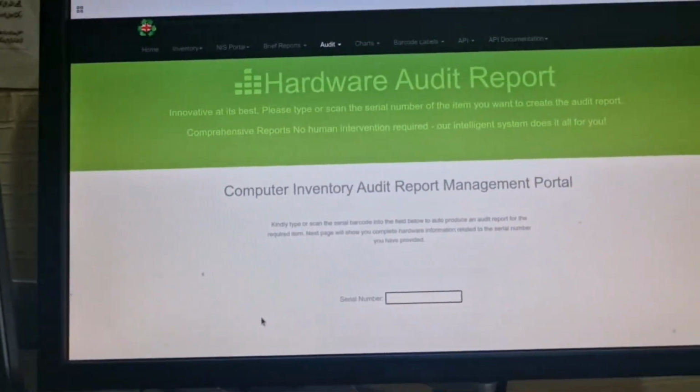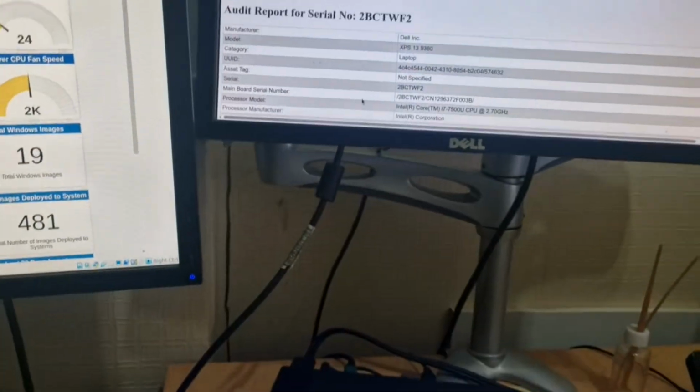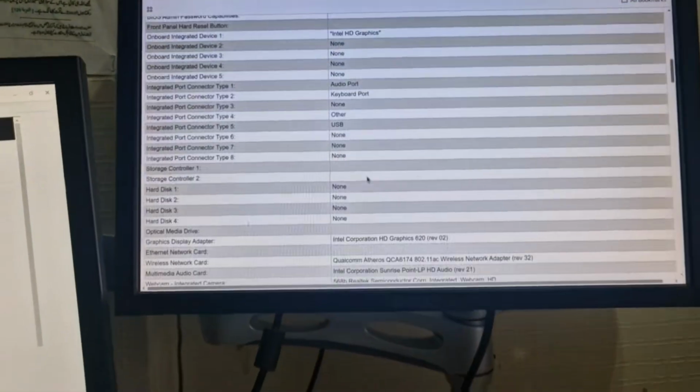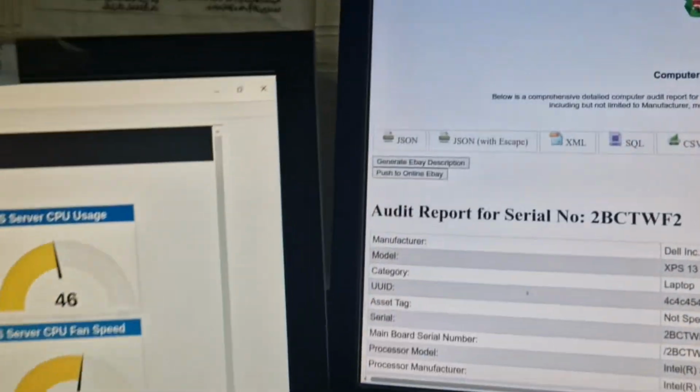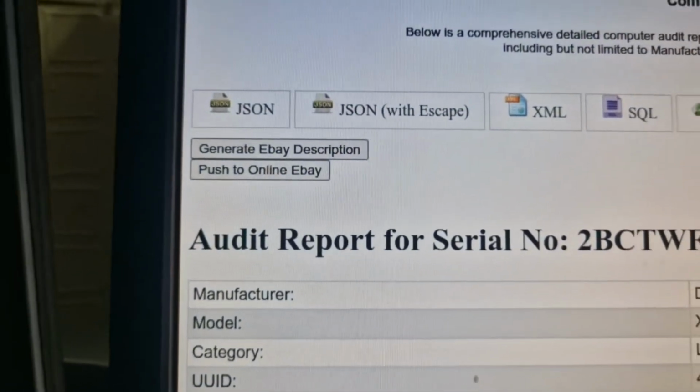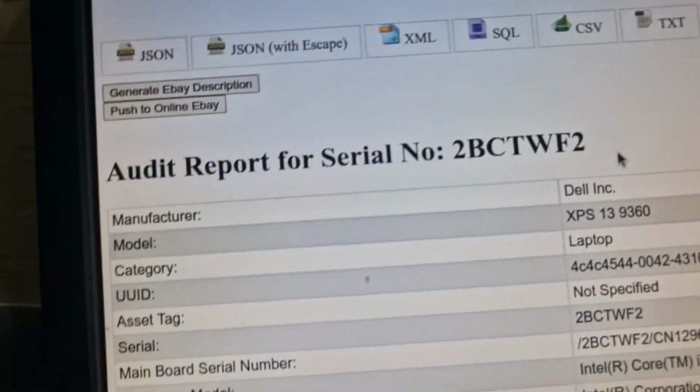So going back to the audit report, I'm going to scan the barcode. We have all the images. So going back, on the top of the audit report, you can see there's a push to eBay online button. So simply click that button,